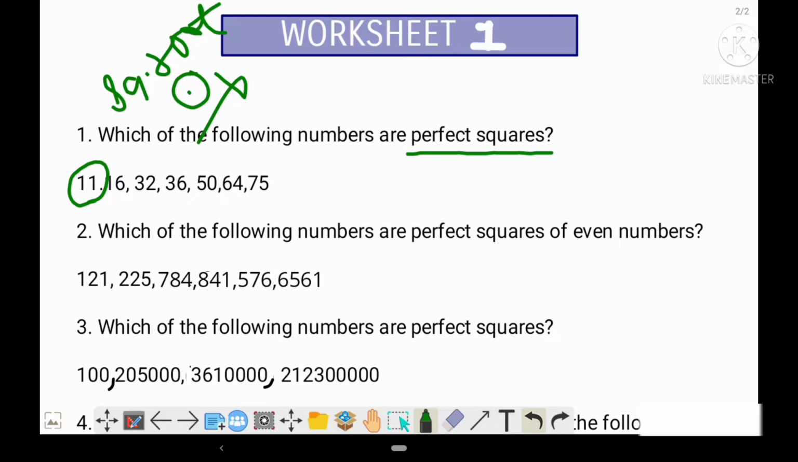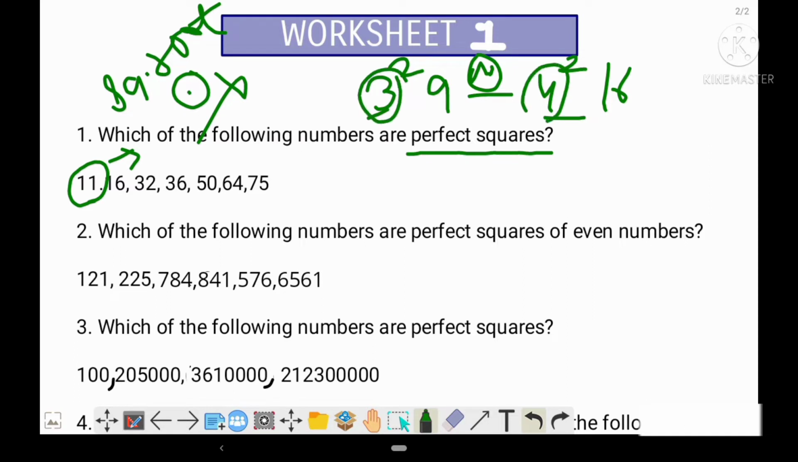Because if you see, 1 square is 1, 2 square is 4, 3 square is 9, 5 square is 25, 4 square is 16, 8 square is 64, and between 3 square, that is 9, and 4 square, that is 16, there is nothing. Then 11 is a non-square number, right? Because you can see natural numbers are here, and if anywhere you find a decimal number, which will be